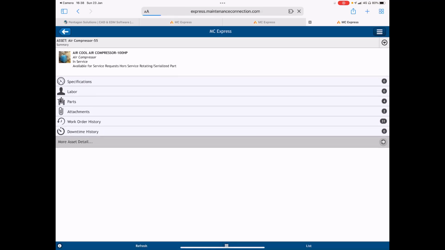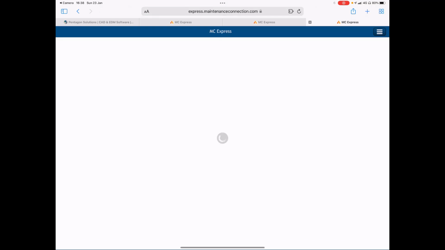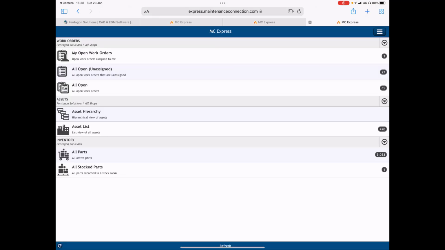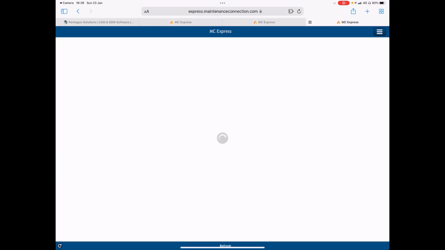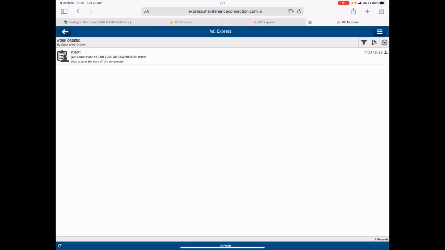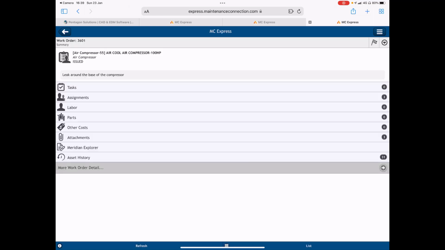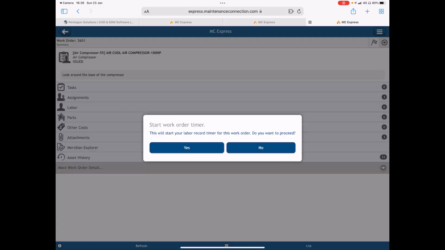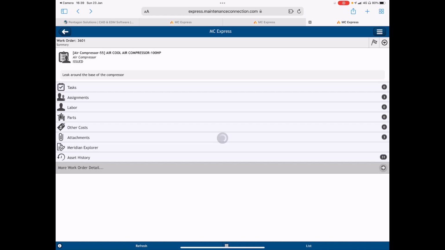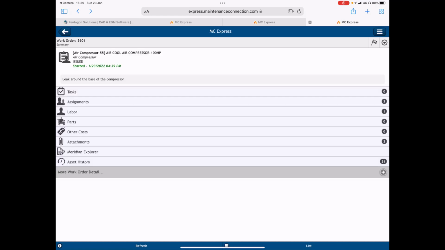And I'm just going to simply hit back and have a look at my current work orders and see what's been assigned to me. So you can see my open work orders at the top. I can click on this, and it's related to this asset. So we've got a leak around the base of the compressor that's been logged. So let's just click on that. As I'm starting work on site, one of the first tasks I can do is start the timer. So I'm about to start the labor records because that'll record how long I'm on site. I'm just going to say yes. So we can have a look at any specific information in here, but again, this could take a bit of time for me to go through. That might need some bits to replace and have a look at.